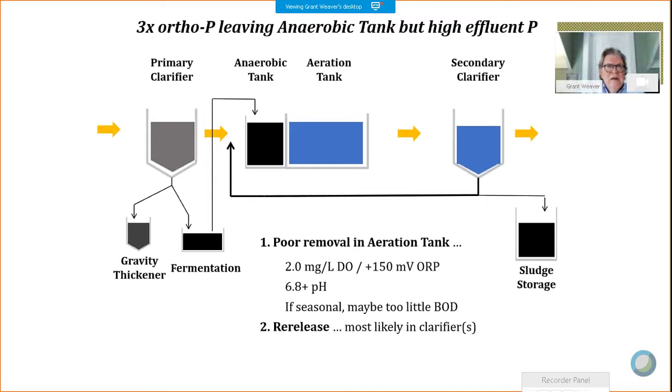The second, totally different problem is maybe you're getting great VFA production, uptake, removal, phosphorus release in the anaerobic tank. Maybe the aeration tank is working just perfectly for you. But then after you've removed all the soluble phosphorus, and this actually happened in Athens, Tennessee,